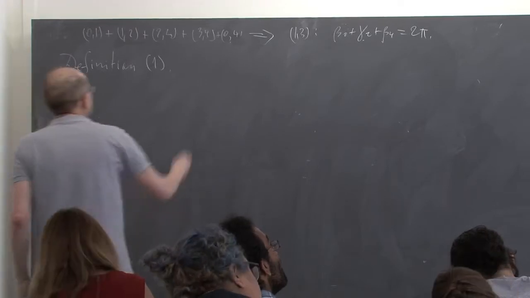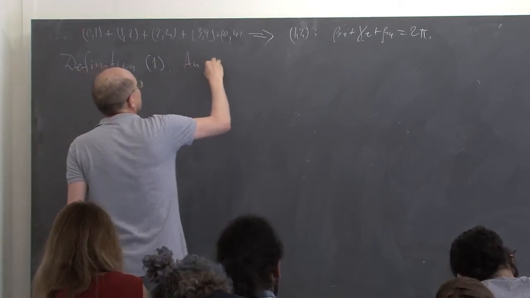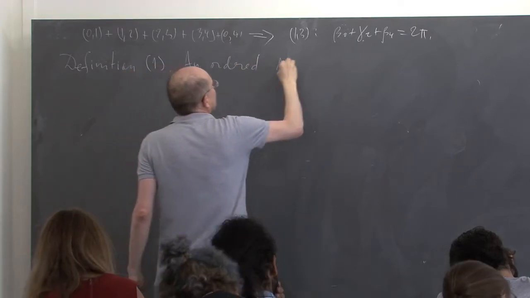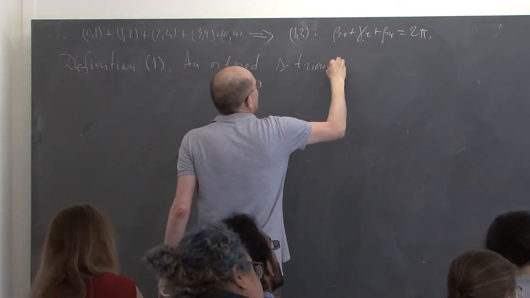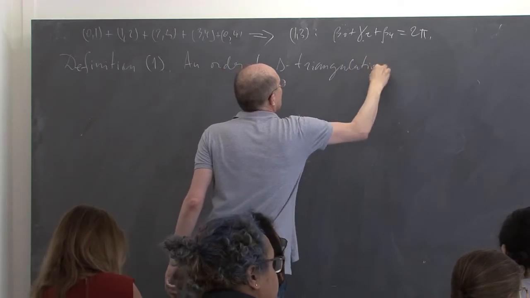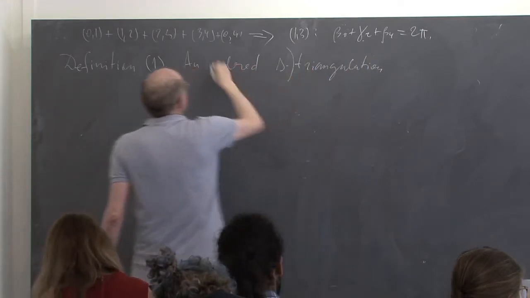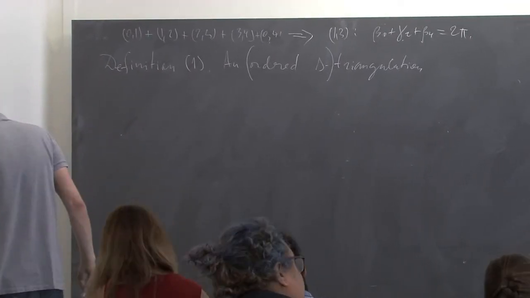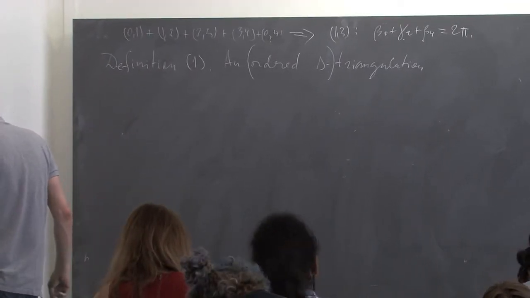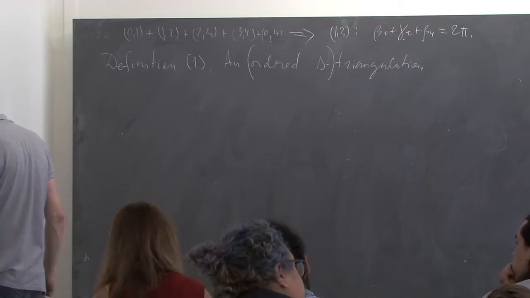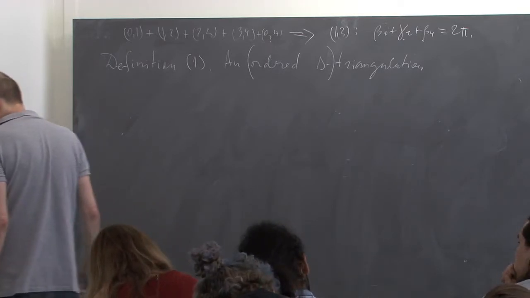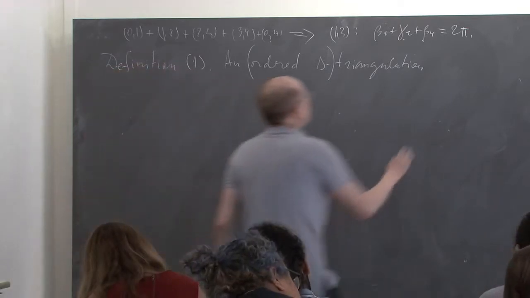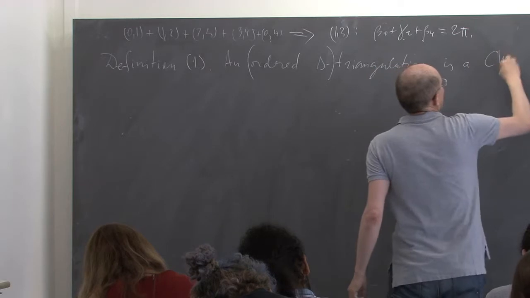Okay, so the first thing is a very basic thing, an ordered delta triangulation. So ordered delta I will often omit. This will be just a triangulation. We encountered this notion in the particular case of ideal triangulations already, but now we will put it into a more general framework. So by definition it is a CW complex